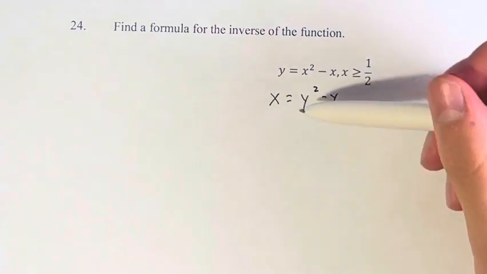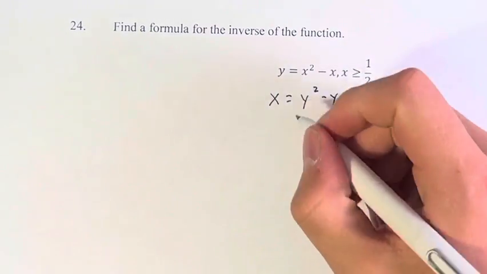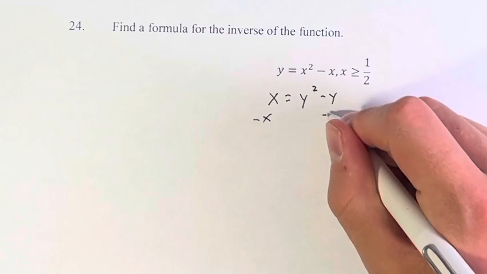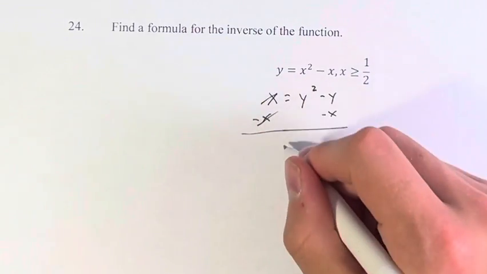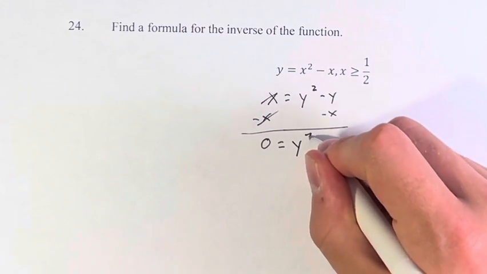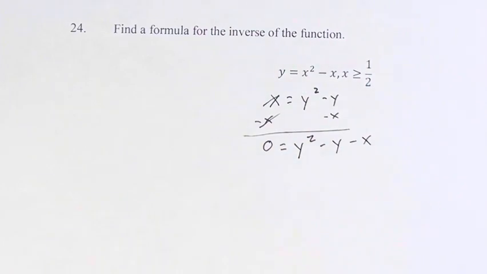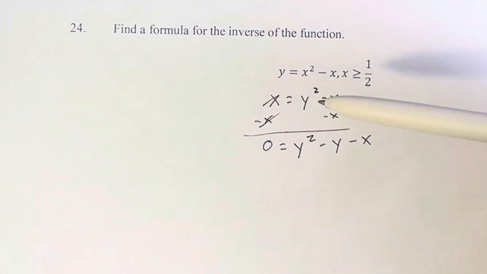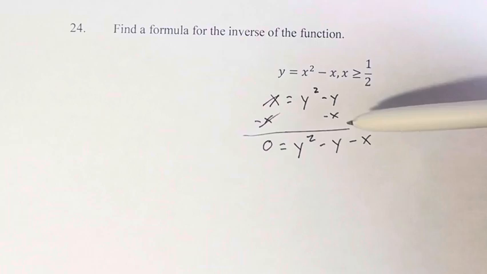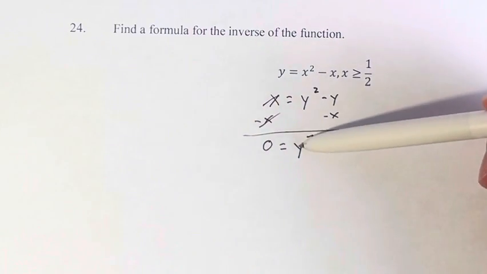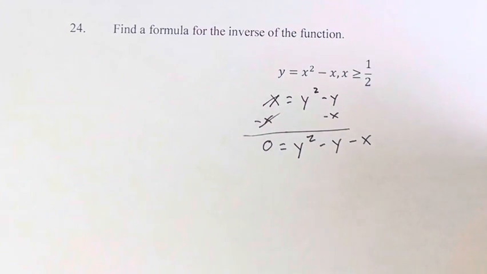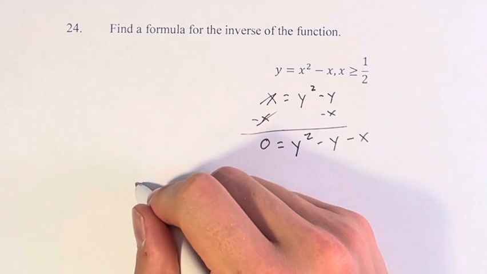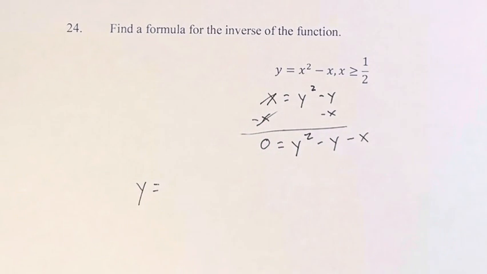And it might not seem super obvious how to isolate y here. What we're actually going to do is subtract x from both sides. We have 0 equals y squared minus y minus x. And in this case, we have a quadratic of y in terms of x. So we can use the quadratic formula. y is equal to